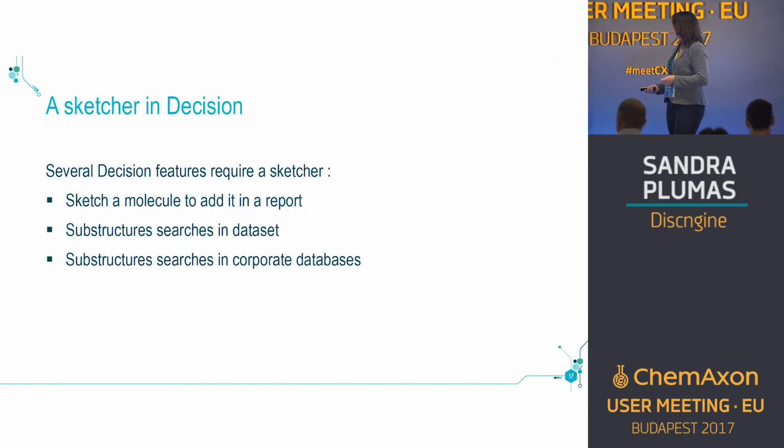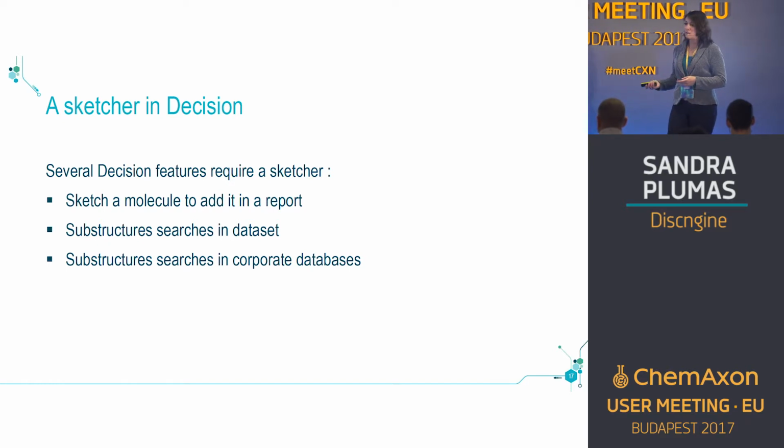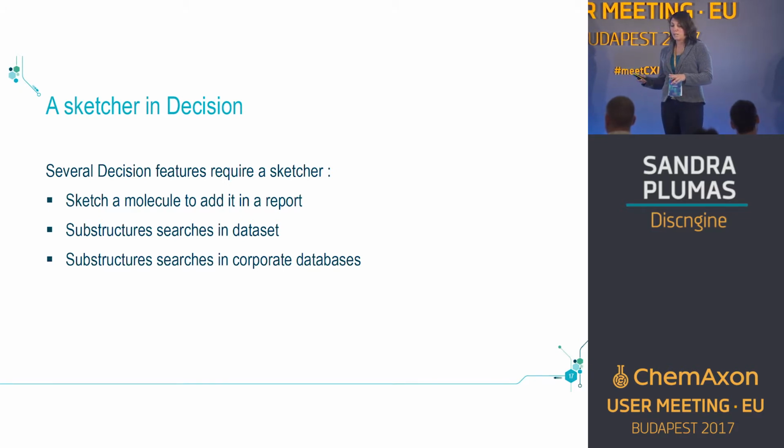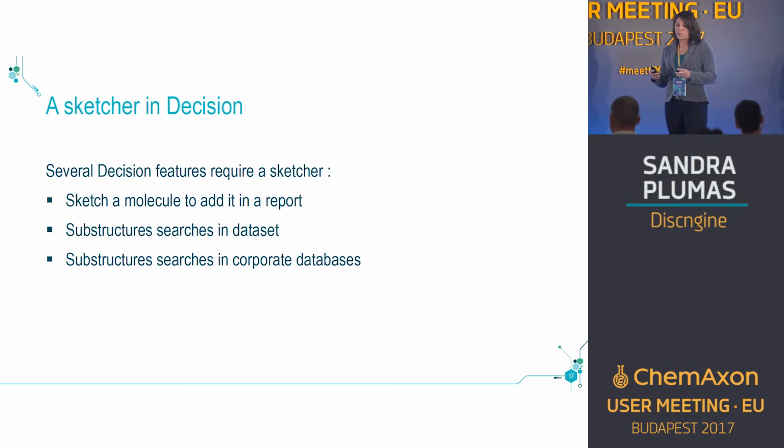So along the decision, there are several features which require a sketcher. For example, to sketch a molecule to add it in the report, or to make substructure searches in the dataset of the report, or to make substructure searches in corporate databases. This last one was asked by our customers. It's a French cosmetic company, and they wanted the user to draw a structure, then a substructure, then the substructure is searched in a molecule from the corporate databases,